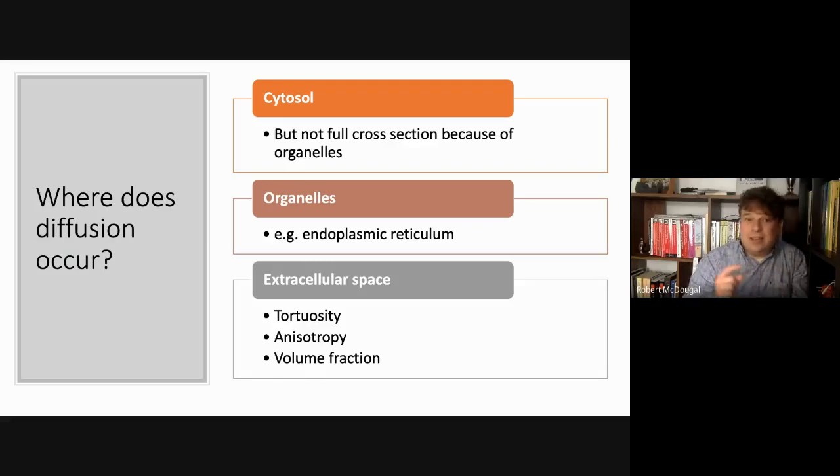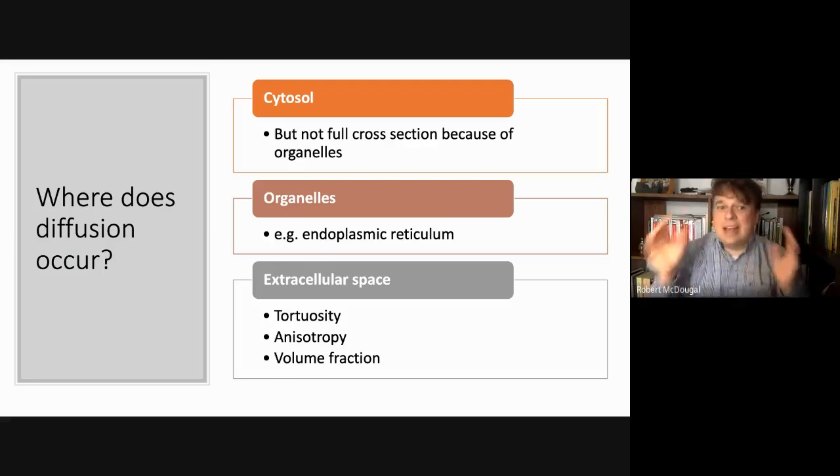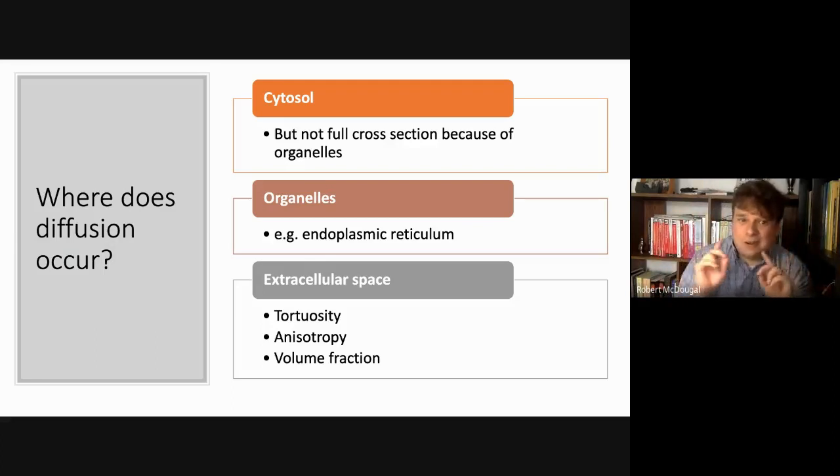Tortuosity is, if I want to go from this point to this point, how hard is it for me to actually go that distance? Because I can't draw a straight line, because I'm going to run into blood vessels and neurons and all of that jazz. So it's the change in the path length. As a rough rule of thumb, figure it takes about 1.6 times as long to go from point A to point B as it would in free space. There are papers where you can look up tortuosity estimates. It depends on various conditions, and it's not necessarily uniform in every direction. But biology has a ton of caveats. If you want a number, 1.6